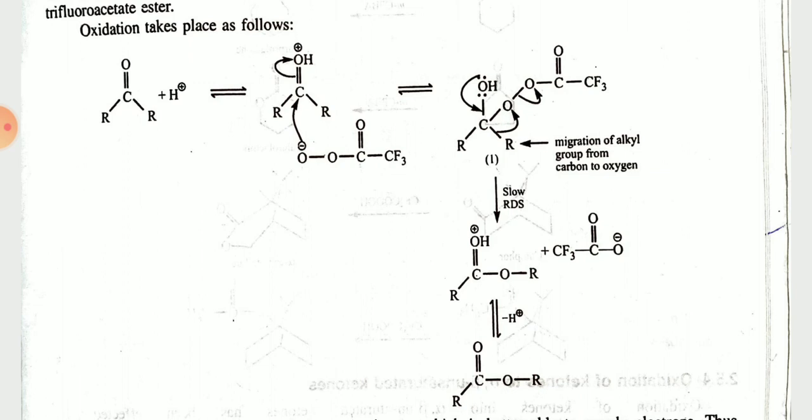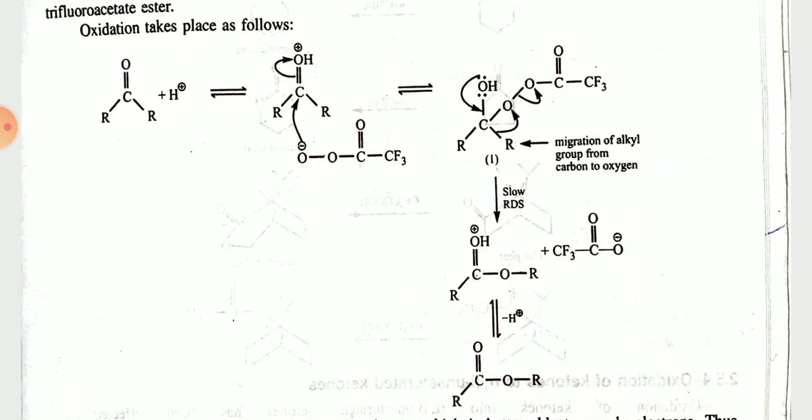Okay, it reacts with the attack on the carbon position, and the electron moves from the carbon to oxygen. So you can see here the free radical on oxygen, with 2 and 2 free radical electron pairs on oxygen, and you will get RCOO, C double bond O, CF3, and there is another R, and there is an OH group over the carbon. Okay, now what happened, the migration of the alkyl group from the carbon to the oxygen. Okay, you can see here the electron movement.